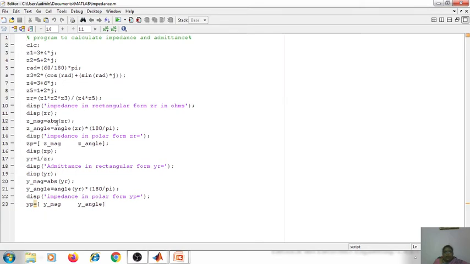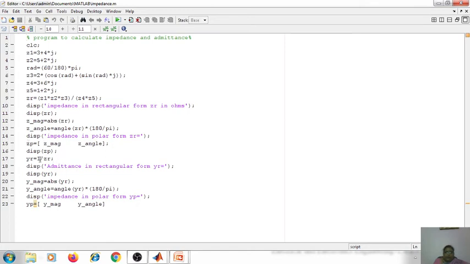So then we will try to convert it into the polar form. So here ABS is the absolute function which is going to give us the magnitude, and this angle will give us the angle of this ZR which is represented in the rectangular form, and then we are converting it into degrees here, and then we will express ZP, that is, the impedance in the polar form.